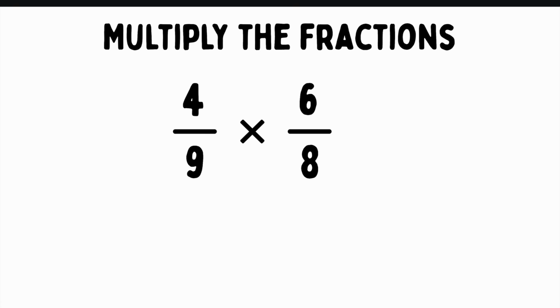4/9 times 6/8. Let's multiply the numerators. 4 times 6 equals 24. 9 times 8 equals 72. Let's simplify